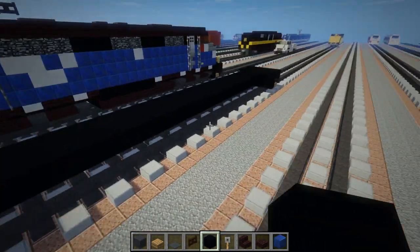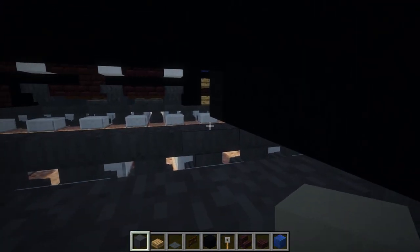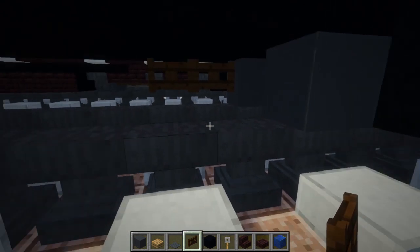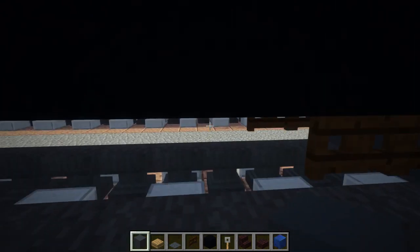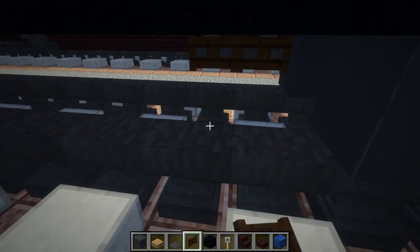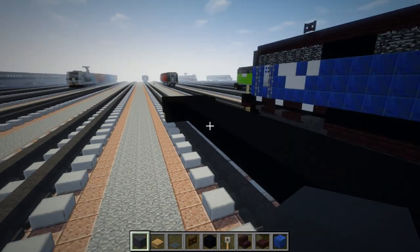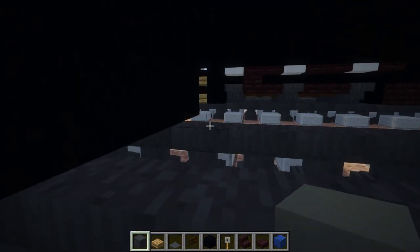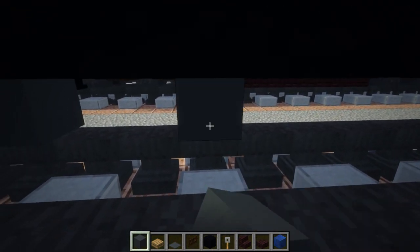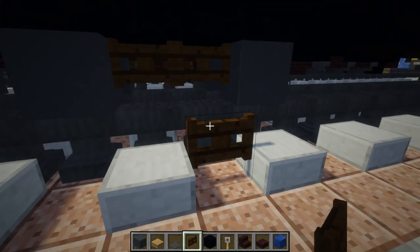And once we do that, let's add the wheels. So we're going to take gray concrete, place that down for our front wheel. Then add 2 dark oak fence gates. And then add our middle wheel. And then 2 more dark oak fence gates. And the last wheel. Now let's do the same thing on the other side. Just 3 pairs of these wheels, and this time I'm just placing the wheels first, then these fences,